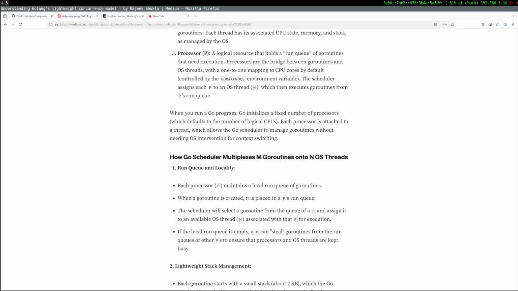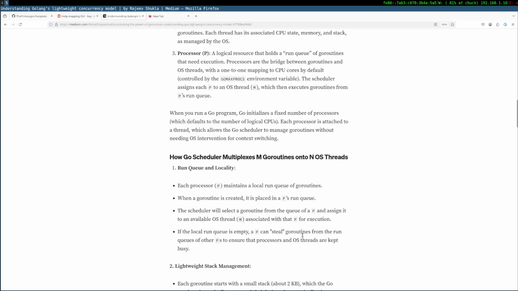Okay, there's a thing called the scheduler. The scheduler will go and select a Go routine from the processor's queue, G1, G2, G3, G4, something like that. And the scheduler goes and gets one Go routine and fixes it onto a machine thread and says, run, bro. Okay, I can live with that.